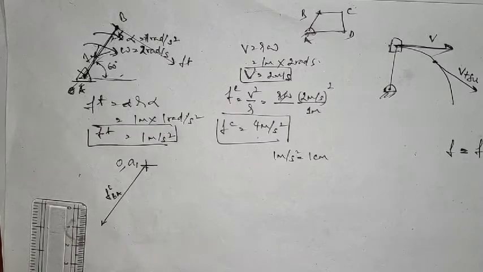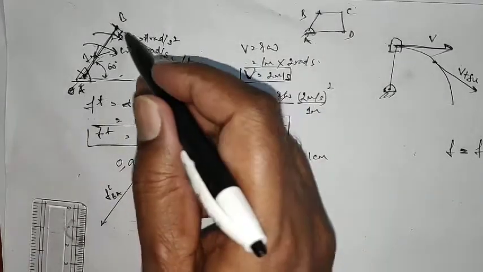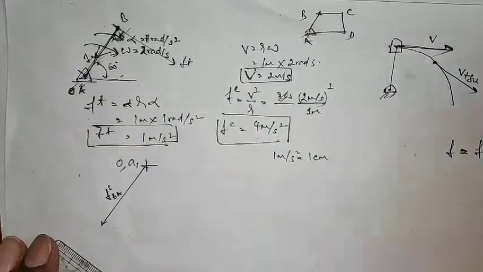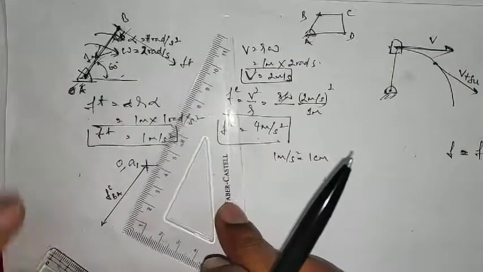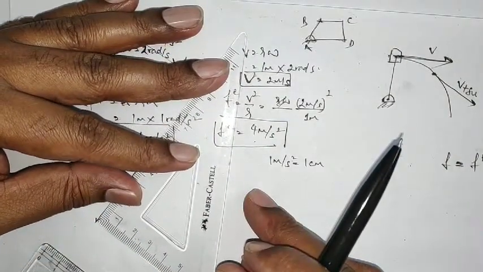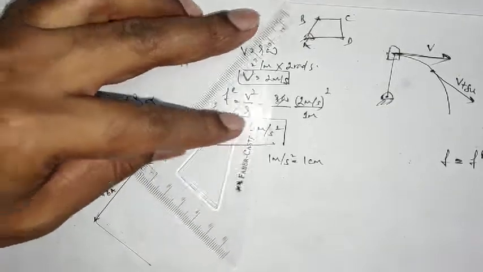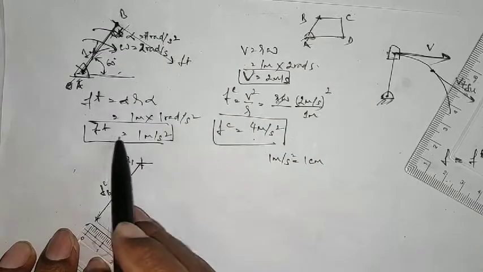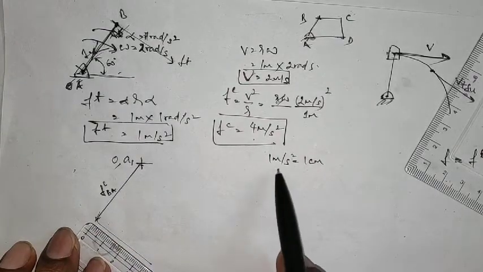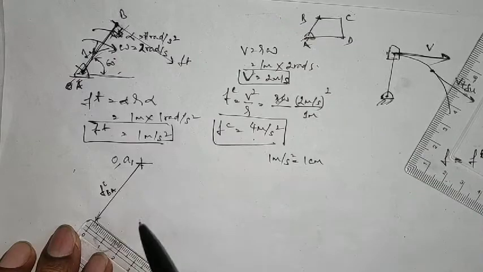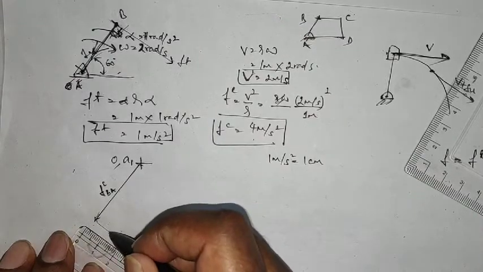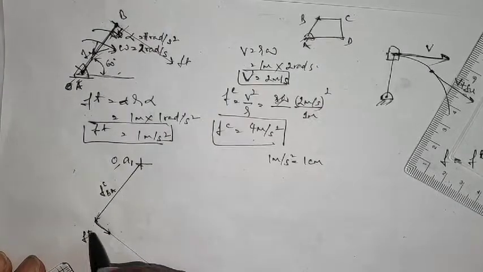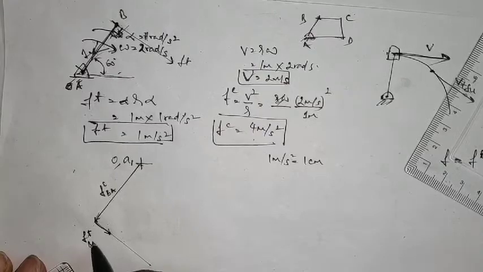So this is the centripetal acceleration, and the tangential acceleration is always perpendicular to the link like this, and therefore the tangential acceleration has to be drawn perpendicular using a set square like this, and draw a line which is perpendicular. As per the value here, the tangential acceleration is 4 meter per second square. By taking a scale, 1 meter per second square is 1 centimeter. Here 4 meter per second square was taken as 4 centimeter. So this vector is called the tangential acceleration of B with respect to A.